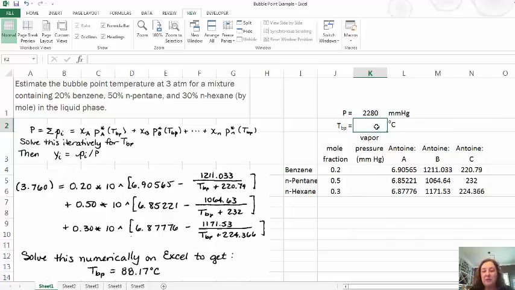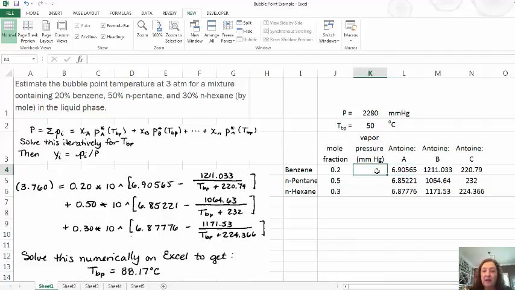I want to know what the temperature is, the boiling point temperature. I really have no idea, so I'm just going to put in a guess. I'm going to guess 50 degrees. I really don't know. I've put in the liquid phase mole fractions, and I've put in the constants for the